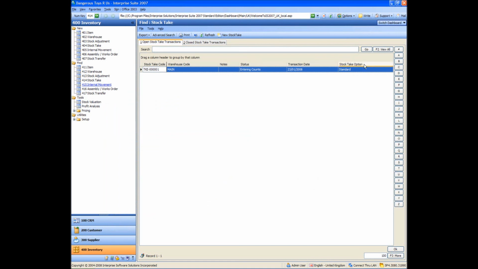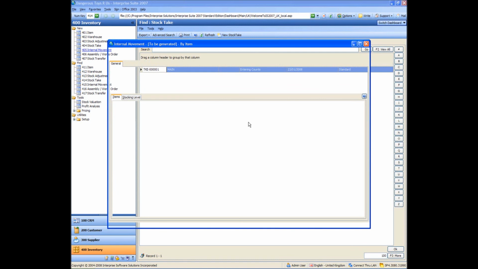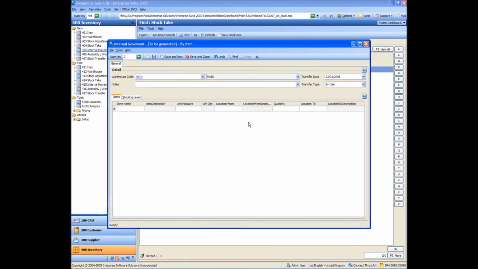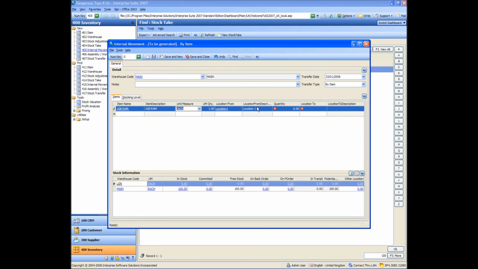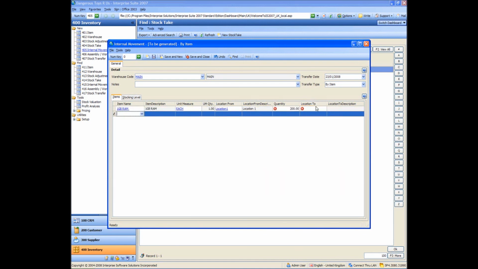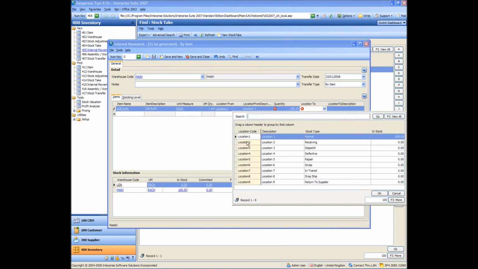Okay, the next thing I'm going to do is an internal stock movement. So this is just moving stock within the same warehouse from one location to another. And I'm going to move some of my 1 gigabyte of RAM from location 1 to location 2. I'm going to move 200 of them. So put 200 in there. And location 2 is going to be location